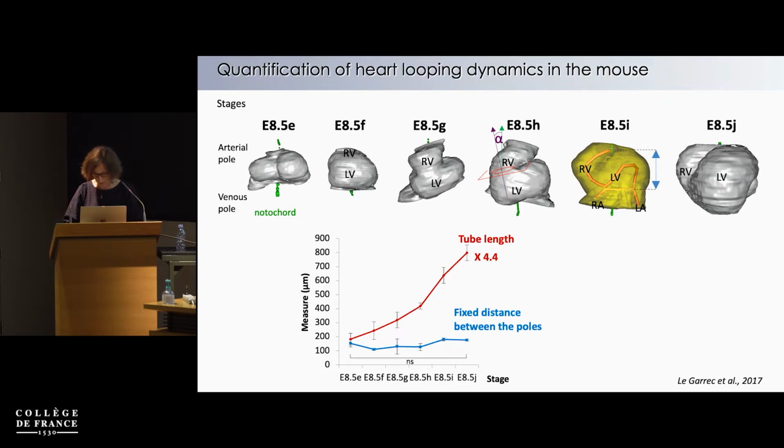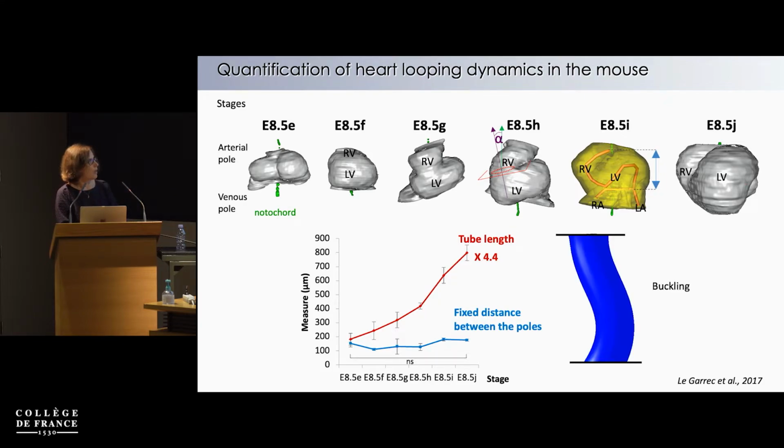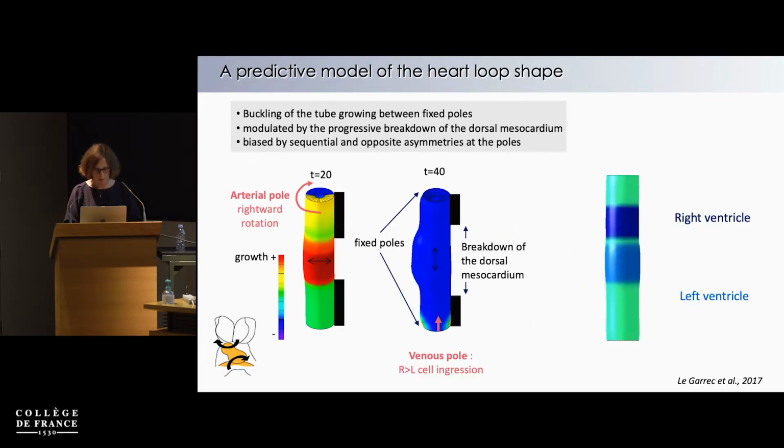So necessarily, the tube will have to deform, which is a process which is called buckling. So this is an easy way to generate a complex deformation. But of course, buckling by itself should be a random deformation. So there are other components which are important to make sure that we have a robust helix which is generated. And by combining additional observation, Jean-François designed this predictive model of heart looping, in which we have as an input the elongation of the heart tube